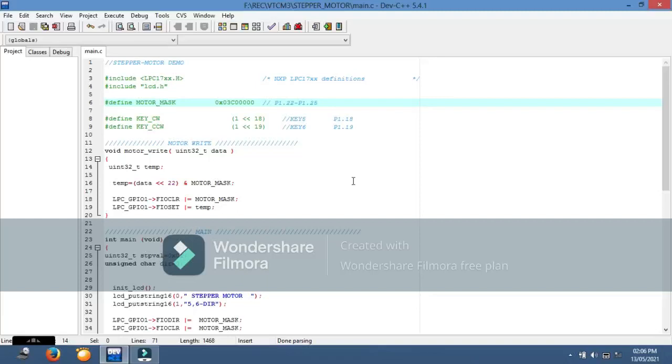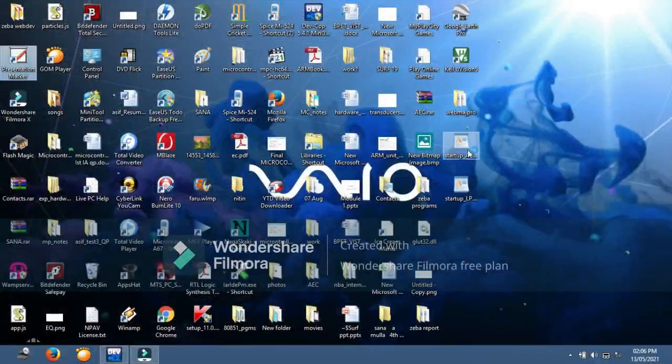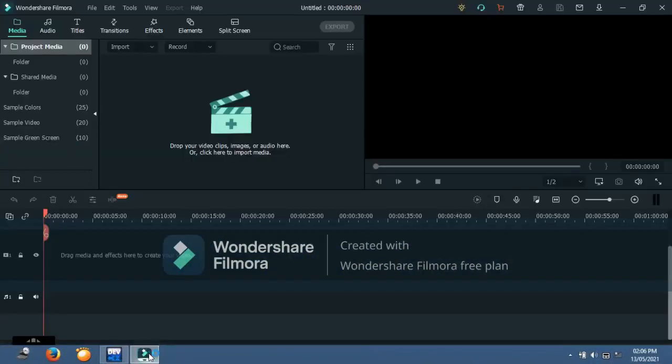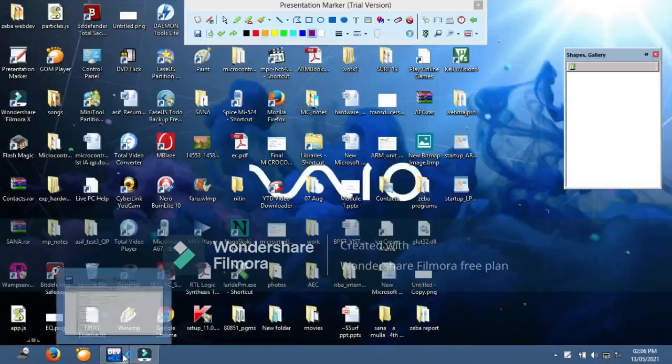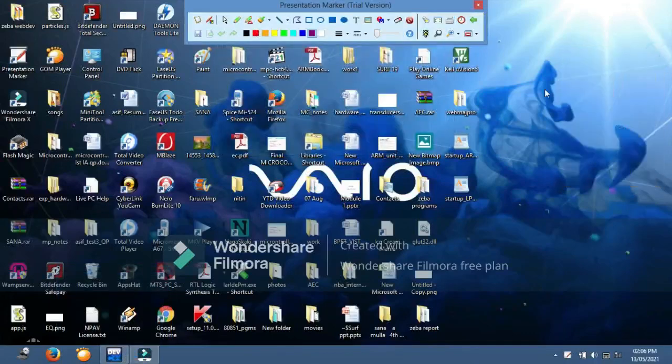Okay, so this program I am going to demonstrate rotates a stepper motor in a clockwise and anti-clockwise direction. So I'll explain the program.